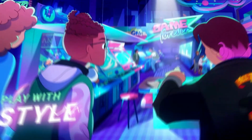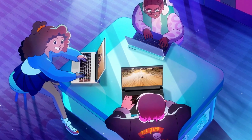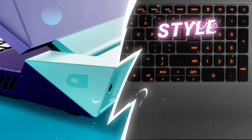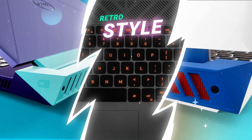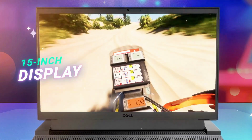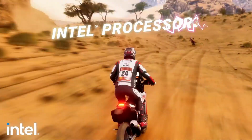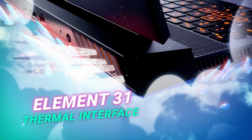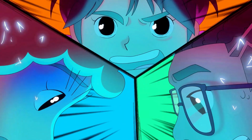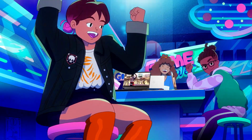It's heavier than the Cyborg, usually around 2.5 kilograms, but feels more rigid and sturdy. Its display options vary. Older models may have 120Hz panels, while newer configs come with 165Hz IPS panels that are better suited for competitive gaming. Color accuracy isn't perfect, but it's sufficient for casual creators and gamers. The main drawbacks include a bulky chassis, less portable design, and average battery life. Additionally, Dell's software, Alienware Command Center, can feel a bit bloated,